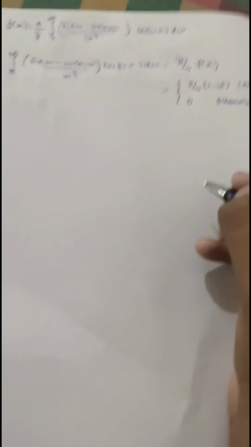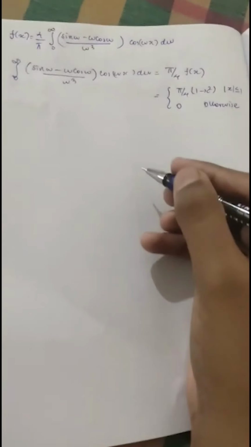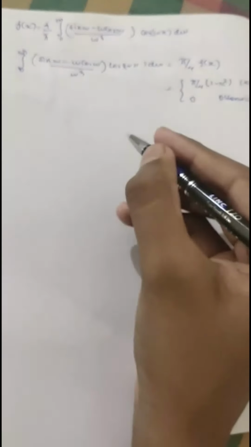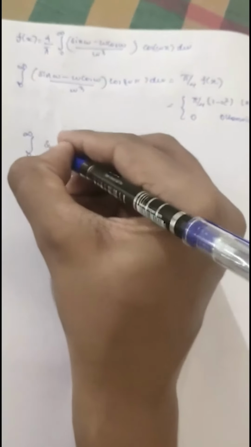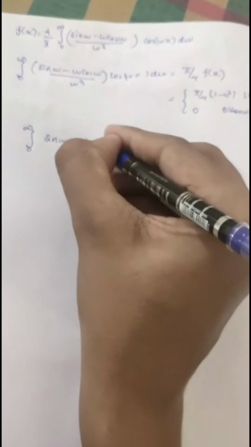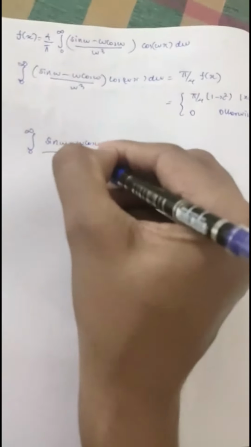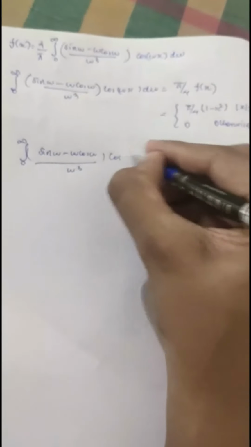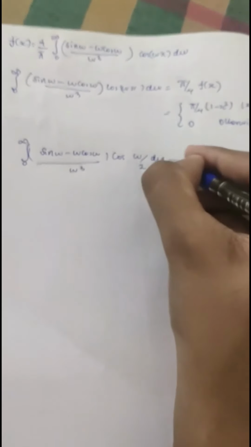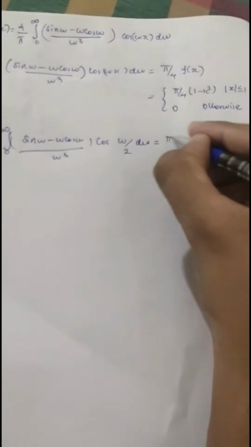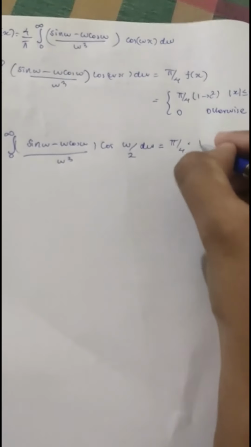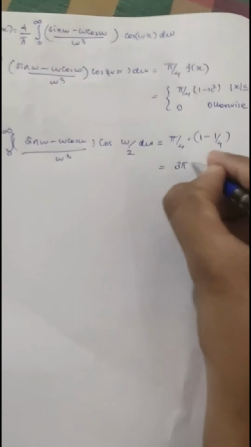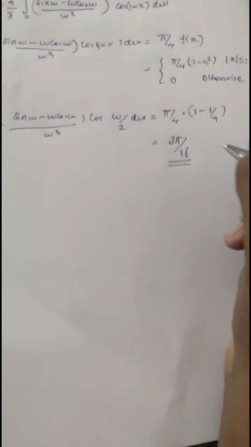For deducing the third equation, we can give x = 1/2. So the integral from 0 to ∞ of (sin ω - ω cos ω)/ω³ · cos(ω/2) dω is equal to π/4 into (1 - 1/4). It is equal to 3π/16. So this is what we wanted to prove, and hence